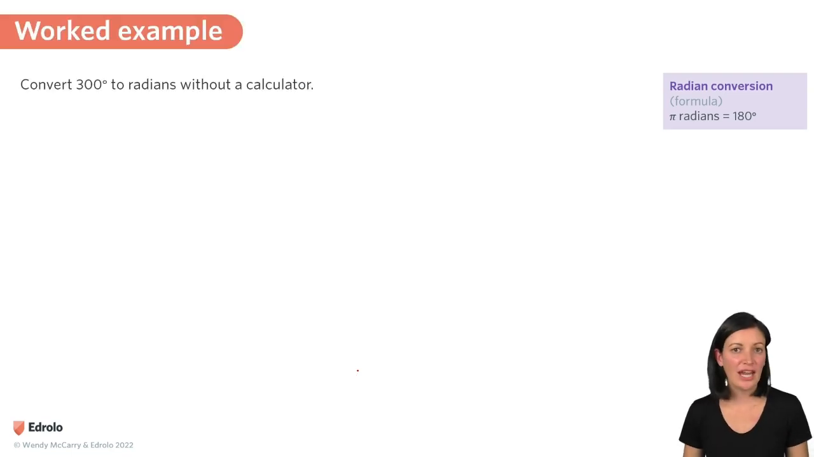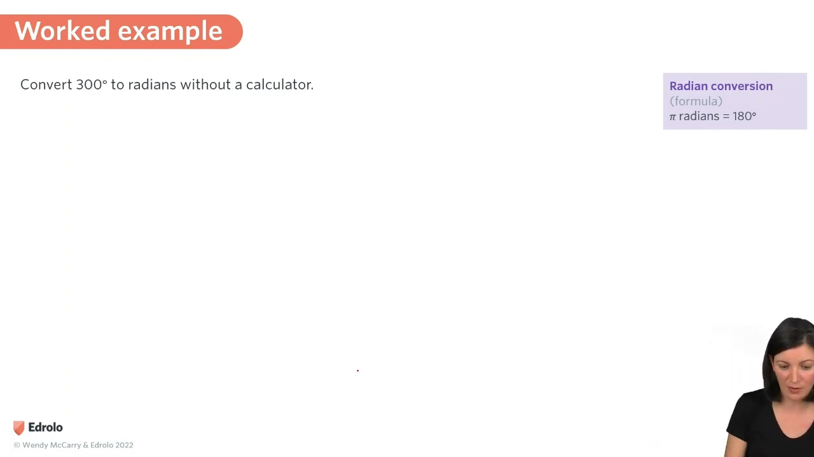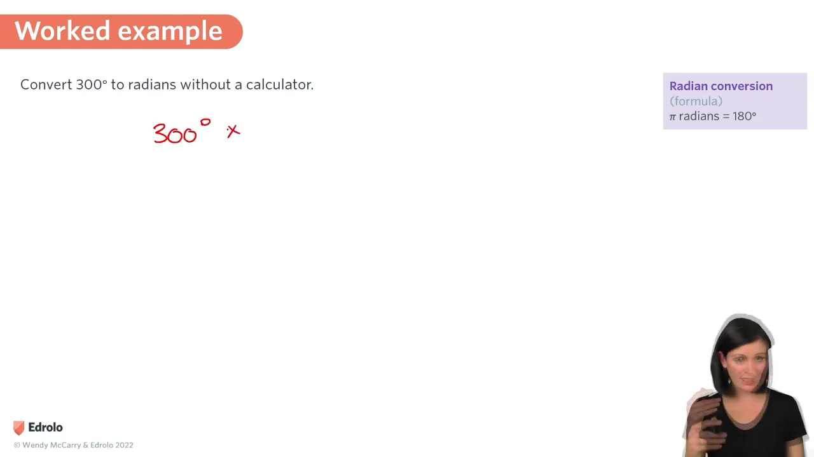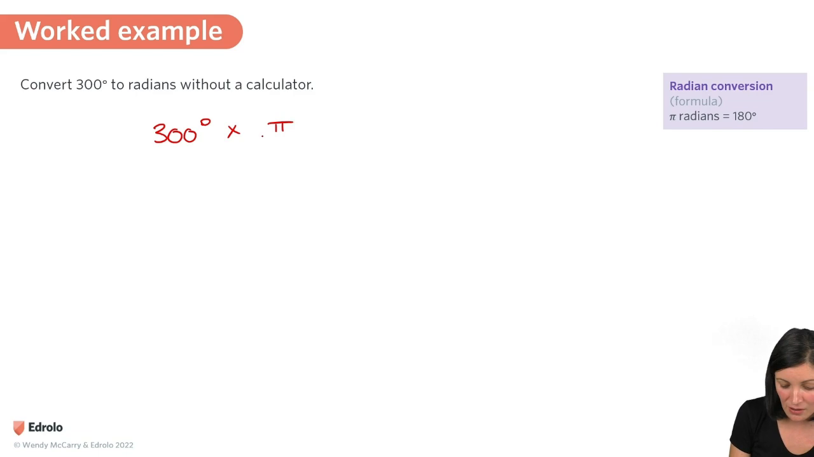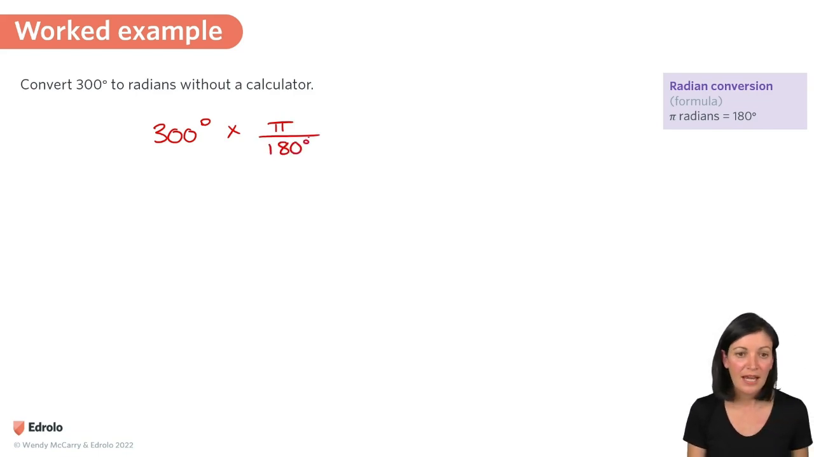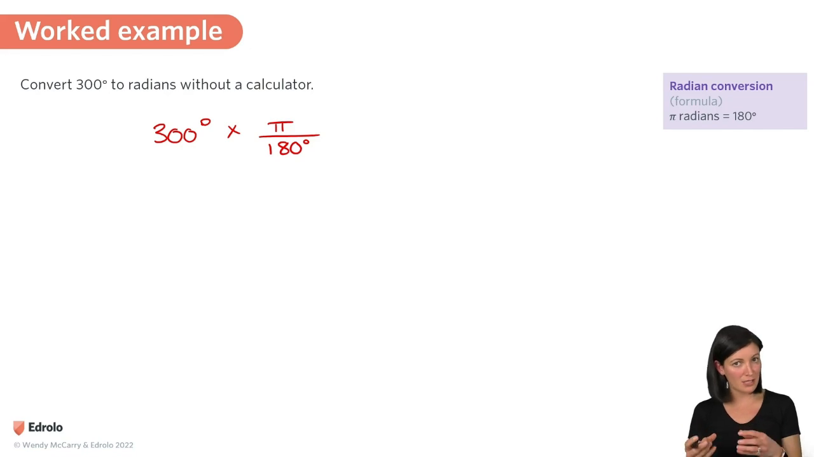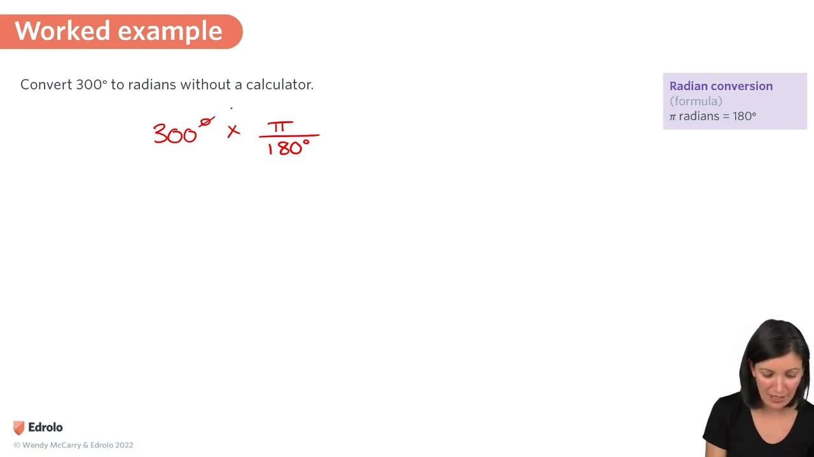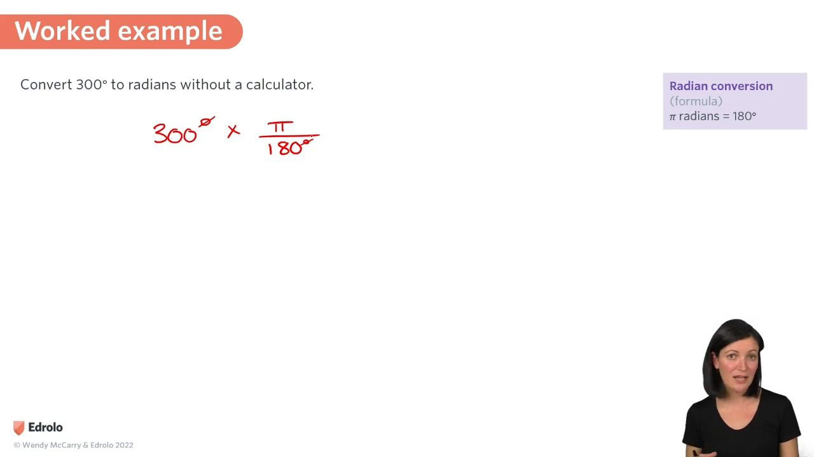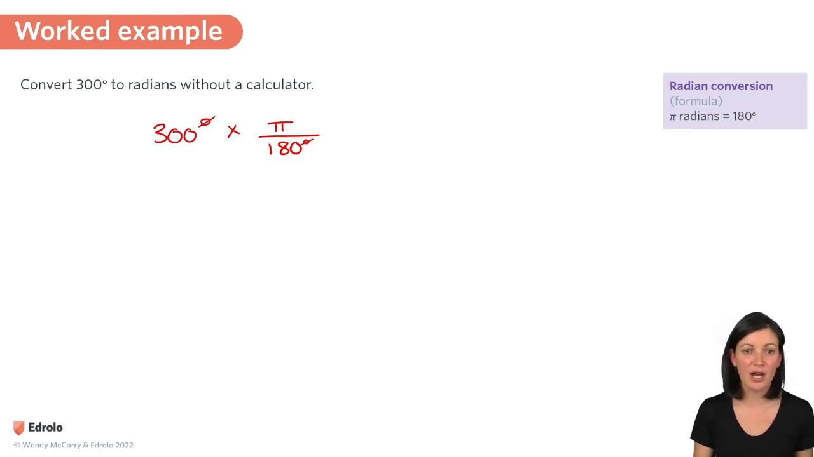If I want to convert 300 degrees to radians and I don't have a calculator, I'm going to start by writing down 300 degrees. Now I know I've got to multiply it by either pi on 180 or 180 on pi. The reason I know that it's pi over 180 degrees is because I want my final answer to have a pi in it, and I want my degree signs to cancel out. I never really try to memorize things in maths like that. I always just try to think about the logical way to get to my answer. So 300 times pi over 180